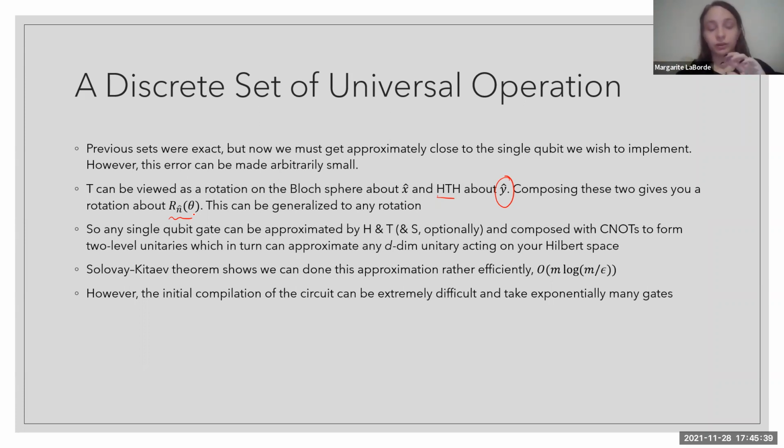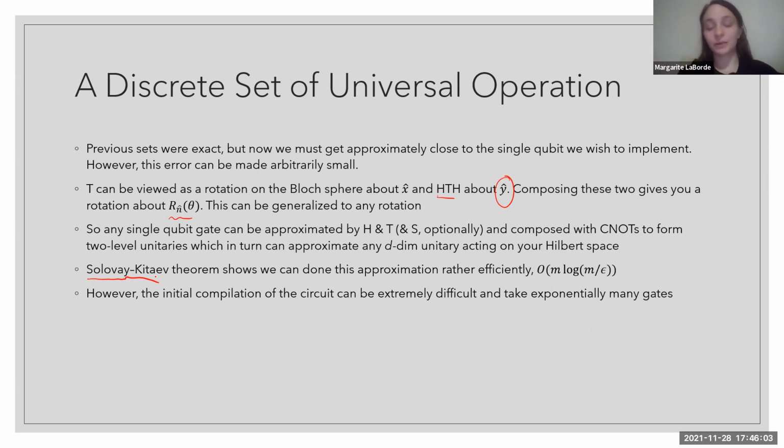So the breakdown into single qubit gates and C naught gates, that can scale really badly, and the 2-level breakdown, that can scale really badly. But we have a result from Solovay and Kitaev, whose names I probably butchered,